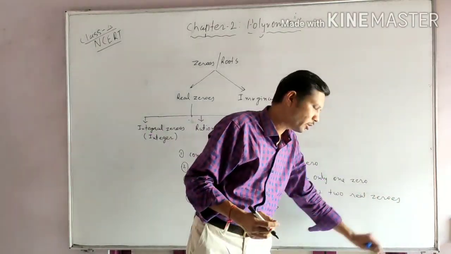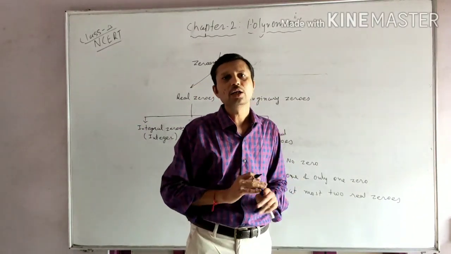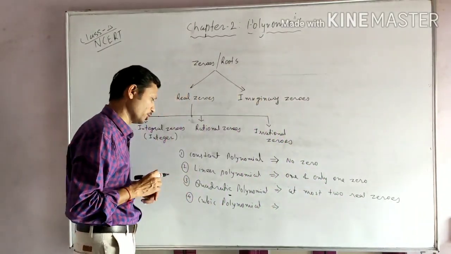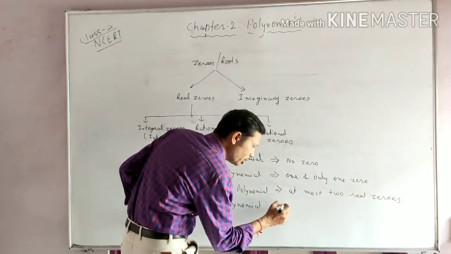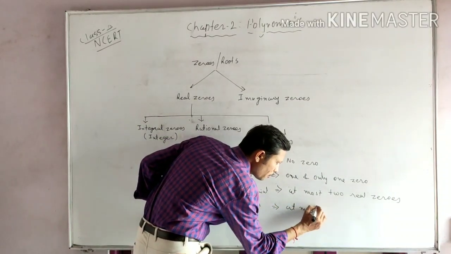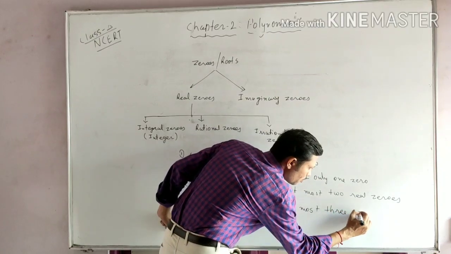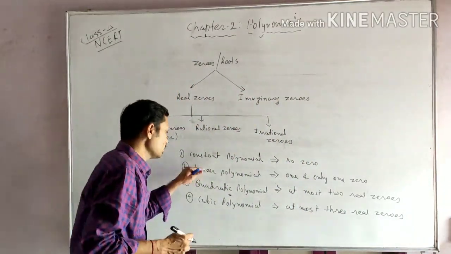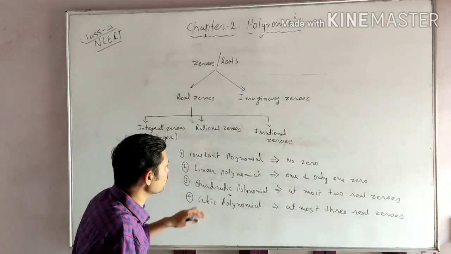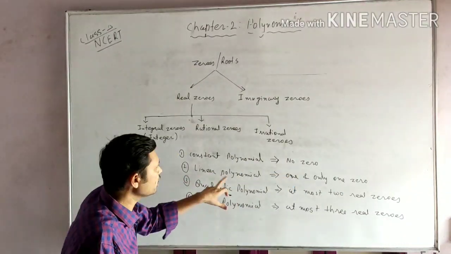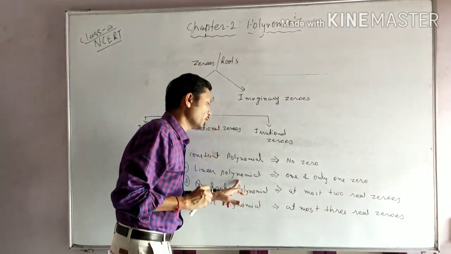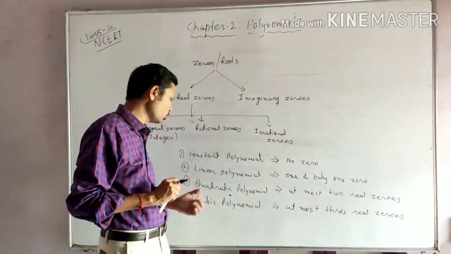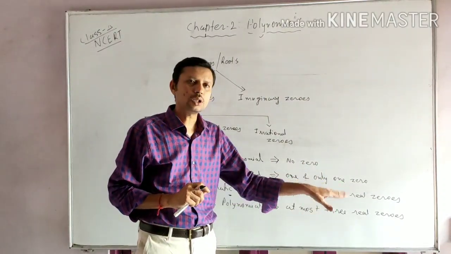देखो बच्चों, मैंने रियल वर्ड ऐड किया हुआ है बिकॉज हमारा सिलेबस वो रियल नंबर्स तक रिस्ट्रिक्टेड है इसके लिए. सो एट मोस्ट टू रियल जीरोस, मैक्सिमम 2 रियल जीरोस पॉसिबल हो सकते हैं, राइट, या 2 से कम भी पॉसिबल हो सकते हैं। क्यूबिक पॉलिनोमियल एट मोस्ट ओके। सो जैसे हम देख सकते हैं कि कांस्टेंट पॉलिनोमियल तो वहां पे डिग्री क्या होता है 0, सो कोई भी 0 नहीं पॉसिबल। लीनियर पॉलिनोमियल एक ही हमारे पास 0 पॉसिबल है इसमें, राइट। क्वाड्रेटिक पॉलिनोमियल एट मोस्ट 2 जीरो, मैक्सिमम 2 जीरोस पॉसिबल हो सकते हैं, 0 2 से कम।